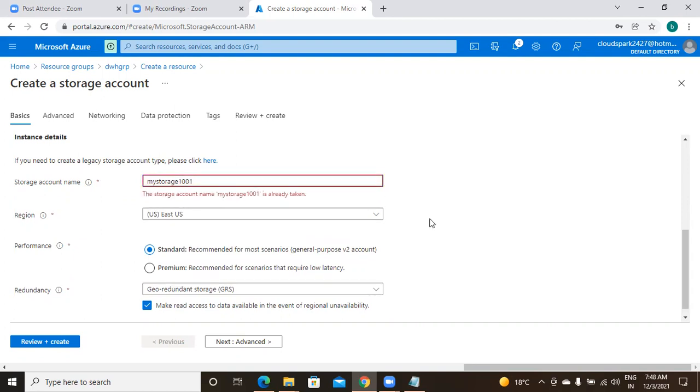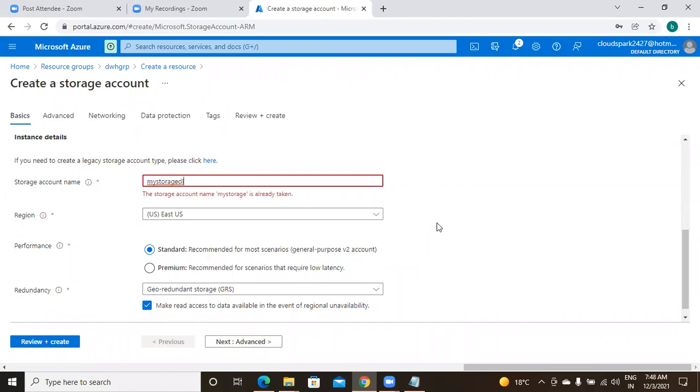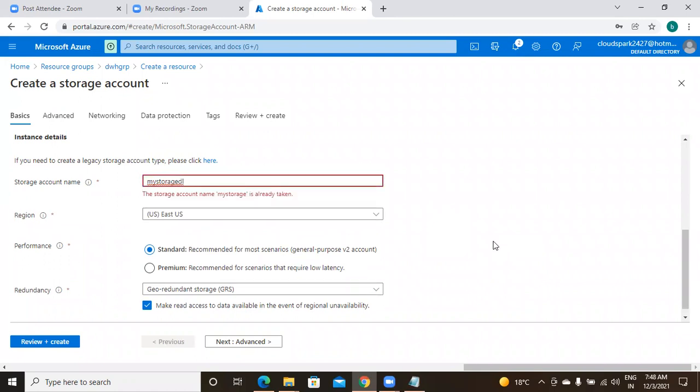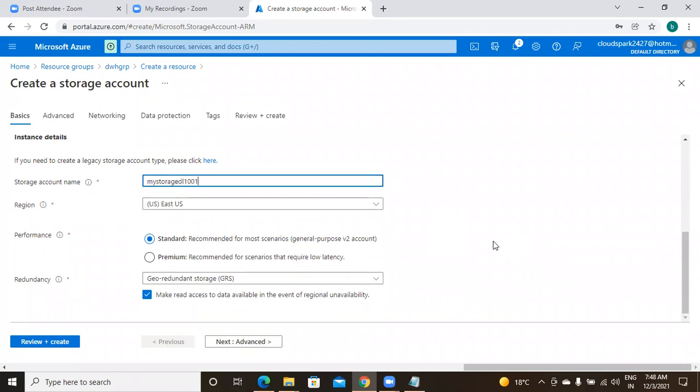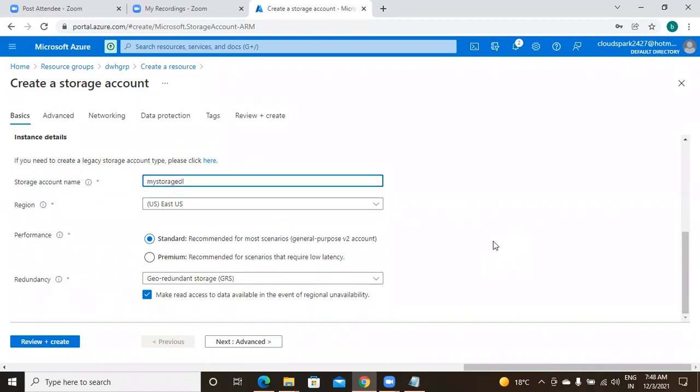Again, it is saying that. Wait. Hmm. 1 minute. We need to search for a unique name.